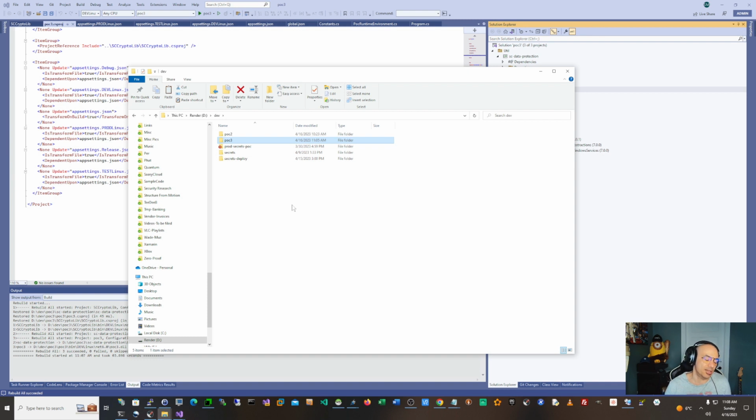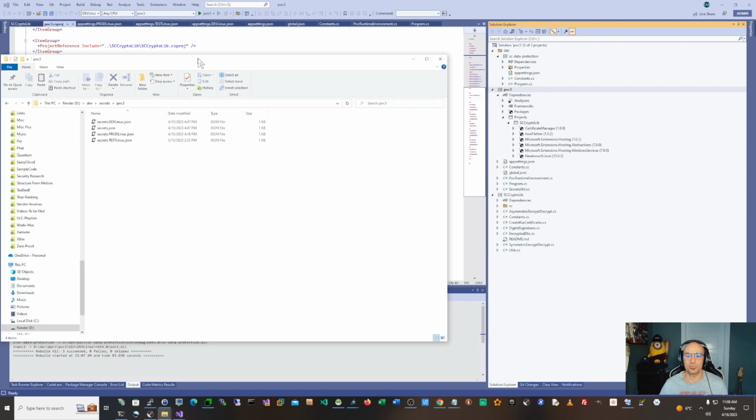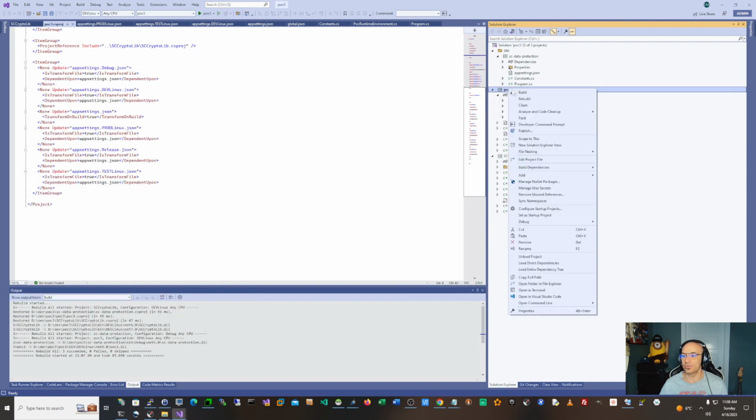So you can use any kind of system you want, but generally what I do is I put the secrets files out of band, and then I will add them to the project as links. So if we go into the secrets file, and you'll see why everything's partitioned by the application. So you can see I did a few POCs. I went through the exercise a few times just to get everything right for doing the demo. So you can see in POC3, I did take the liberty, so I have some secrets in here. So if I add these files, we'll add them as links. So we'll go right to the POC3,